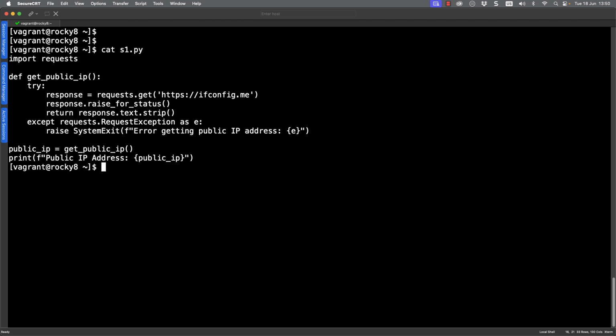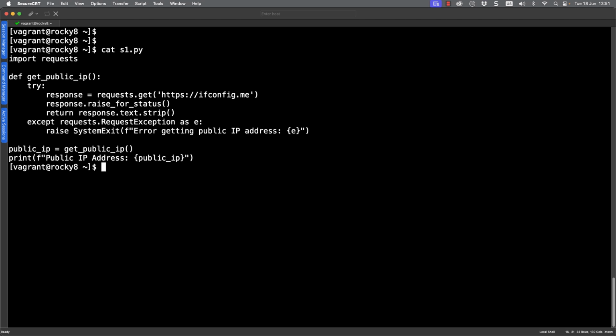We look for any HTTP error coming back in our raise_for_status. But if everything is okay, we can then return the response.text. The strip method is just making sure that we remove any leading and trailing white space. For any exception, we manage that exception by printing out the error message.